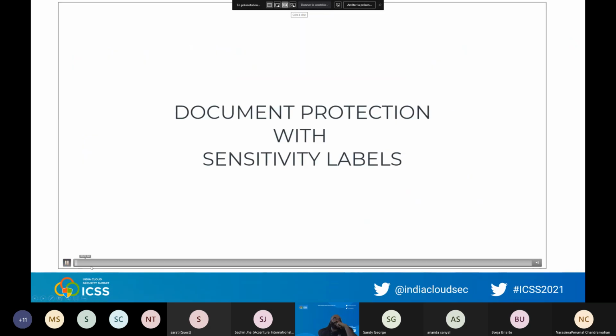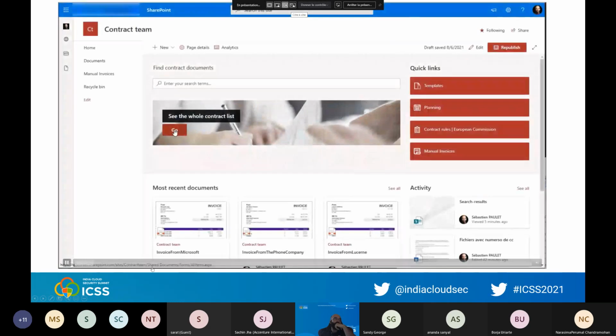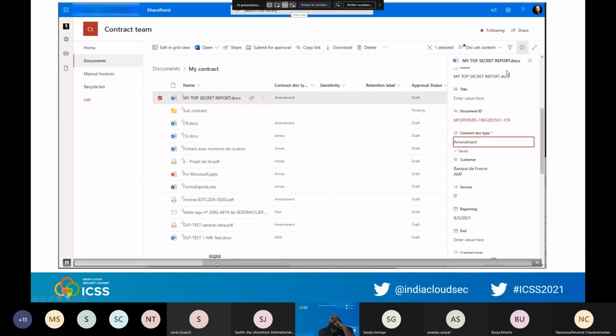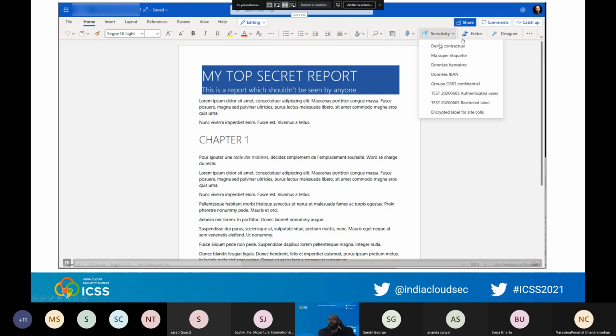Quick demonstration about what sensitivity labels look like. You go on your file, and because you created labels, you have this additional menu, sensitivity menu. And you click here, and you will see all available labels.